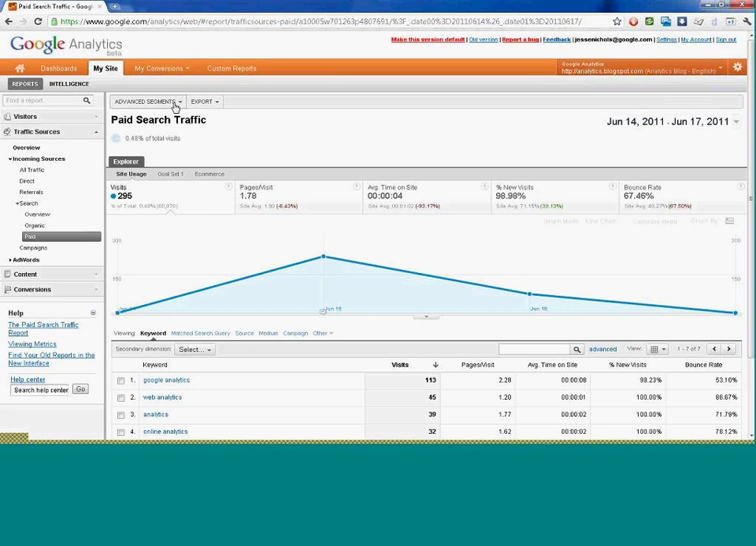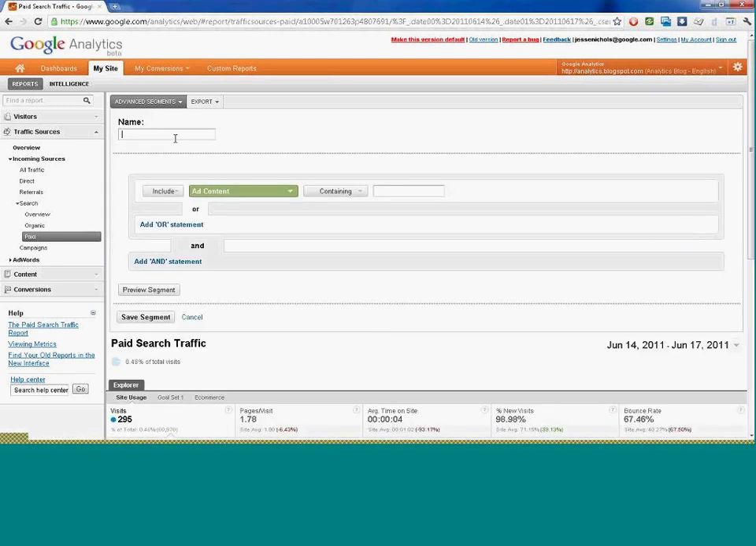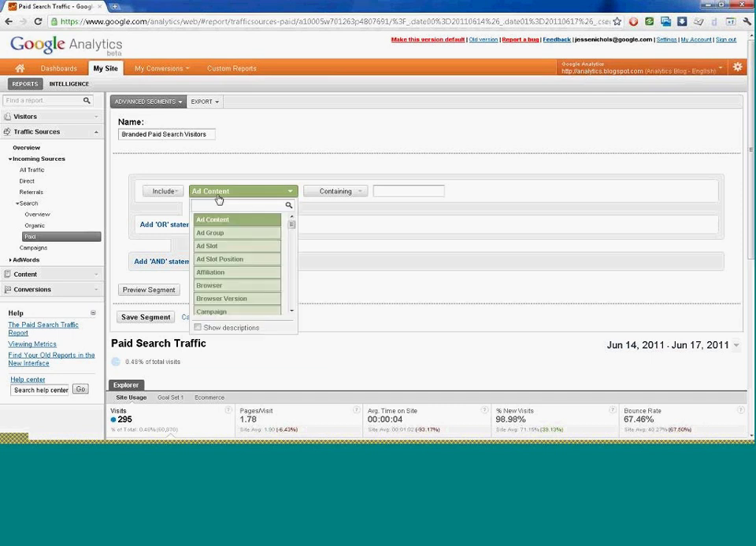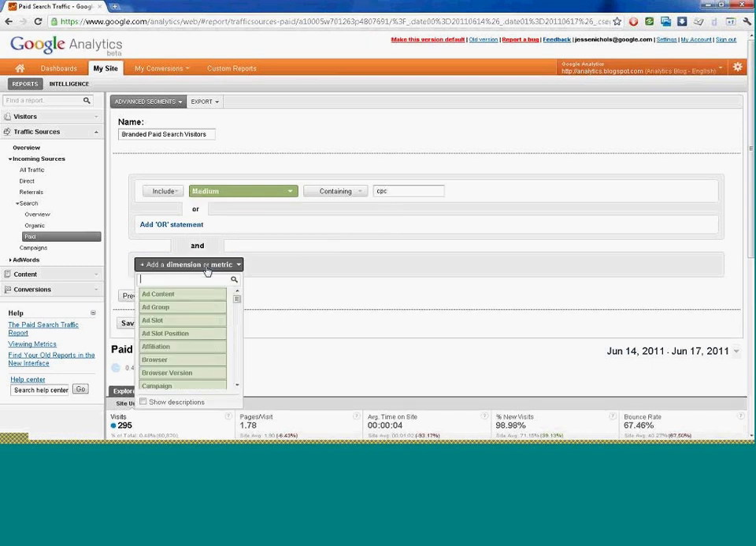Advanced segments could help. And advanced segments were reviewed in some of the previous sessions, so I'll just go ahead and create one that's relevant to this. But we have a segment of visitors that we're interested in, which is to say branded visitors, branded paid visitors. And what we know about them is that first, the medium was CPC. Second, the keyword